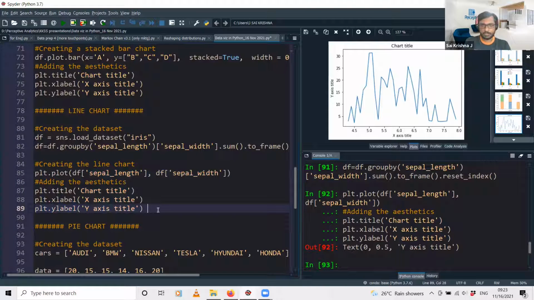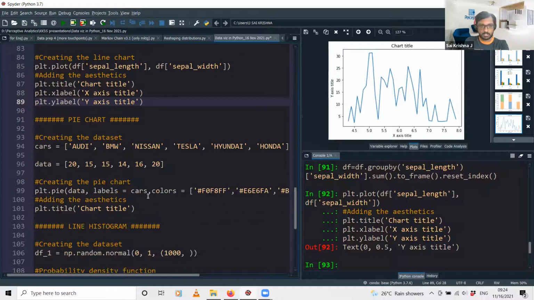One of you had a question in one of the previous Python sessions that we were dealing with on time series analysis. There also, if you remember, we did not specify explicitly that we need a line plot. We just used this plot function, and one of you asked whether by default it will take a line plot. The answer is yes, because we have not specified explicitly whether it's a bar or a horizontal bar or anything, so by default it will draw a line graph for you. So that is on the line chart.